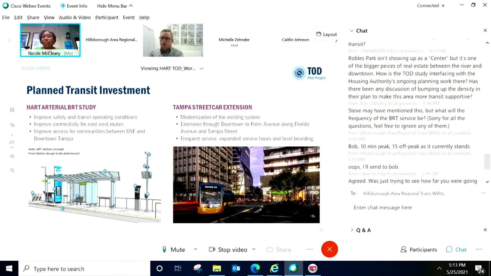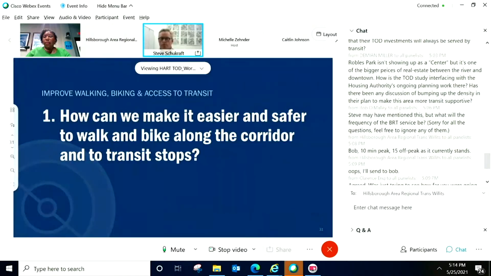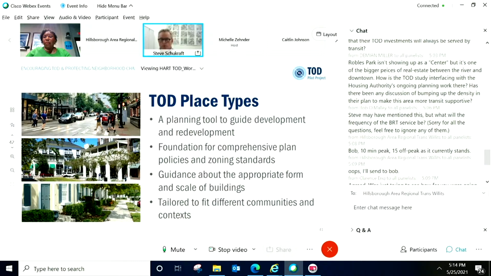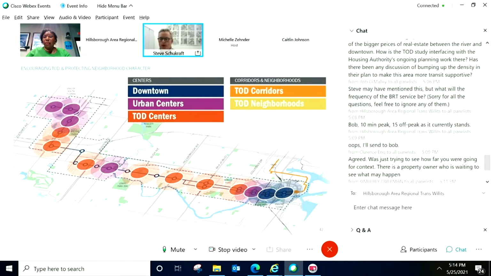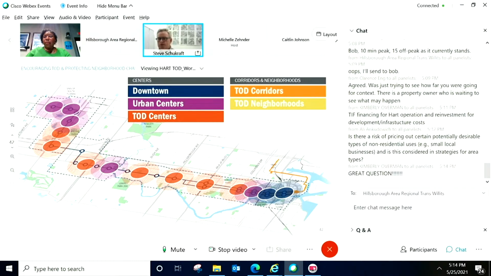Yeah, Demi, and that's one of the things in this mapping exercise. When we move beyond this broad framework into more careful planning, we would pick up the Robles Park site. Let me get to my big summary map, which is the property here in the southeast quadrant of MLK. This is another case where we're showing our circle straddling the interchange, but we would slide it south and include Robles Park in that footprint for the TOD center scale.